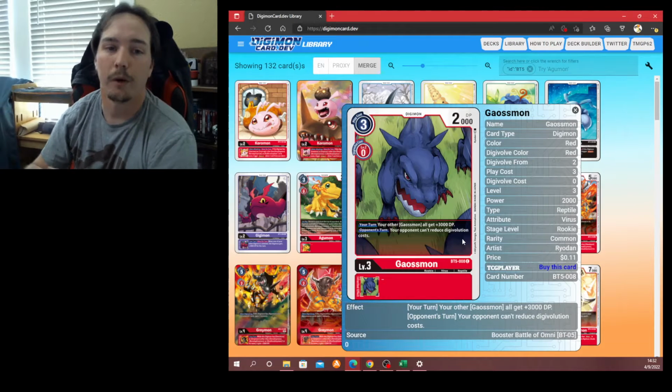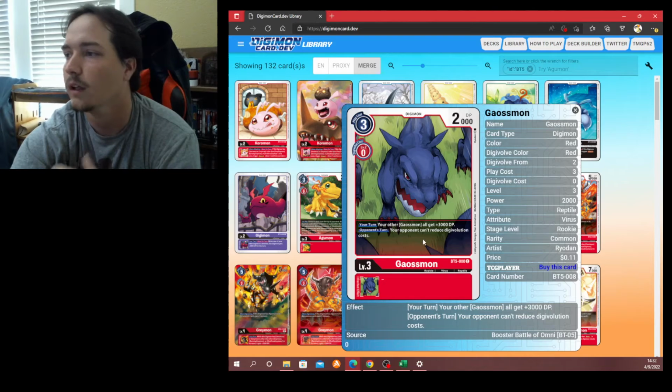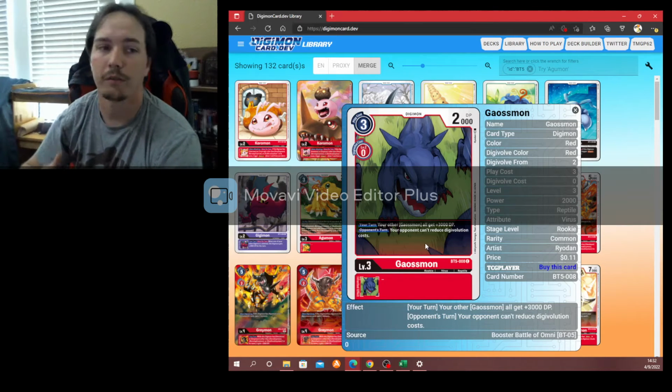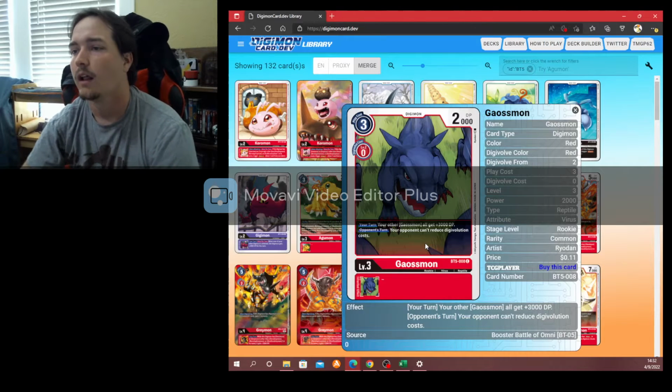Your turn versus opponent's turn. Like this card says, it's pretty straightforward too. The your turn effect applies during your turn. The opponent's turn effect applies during their turn. So,